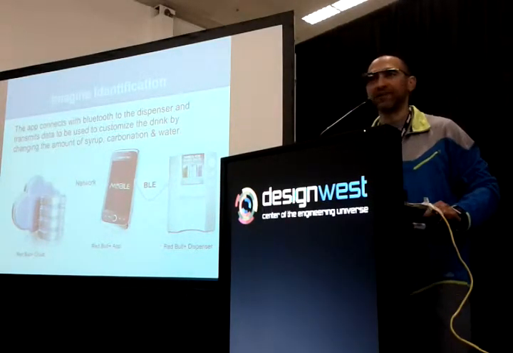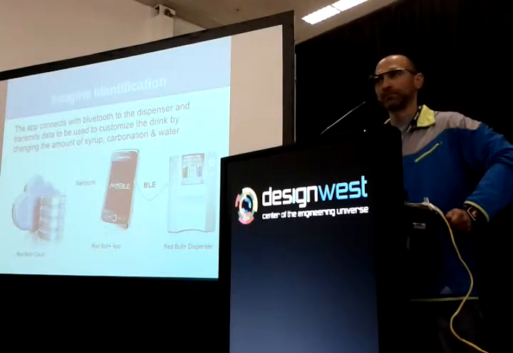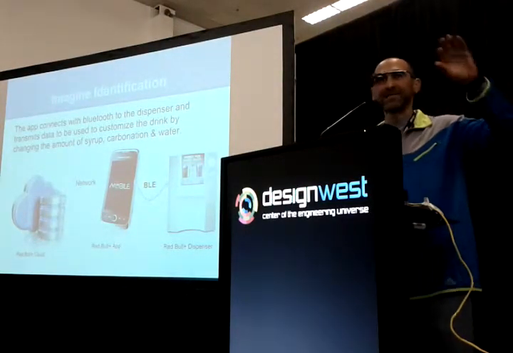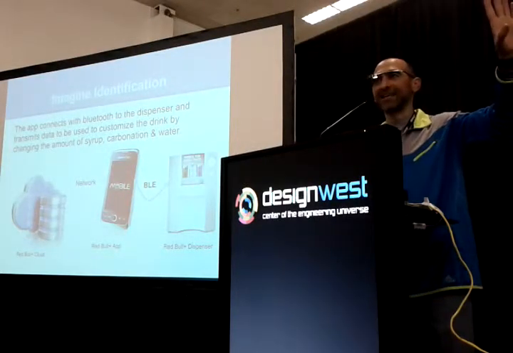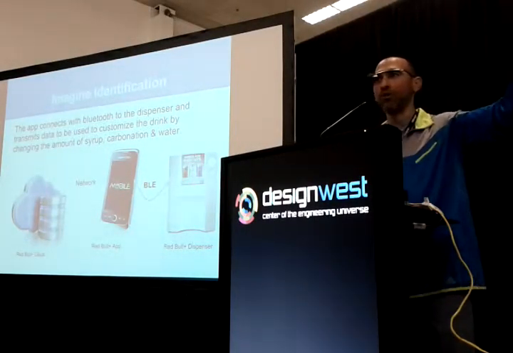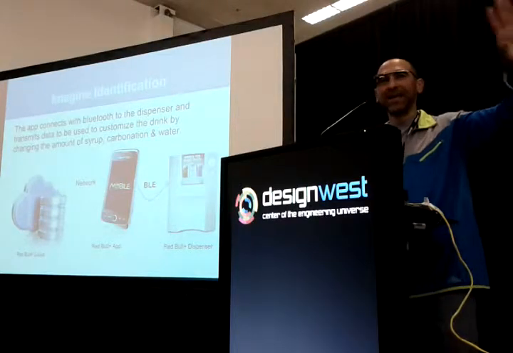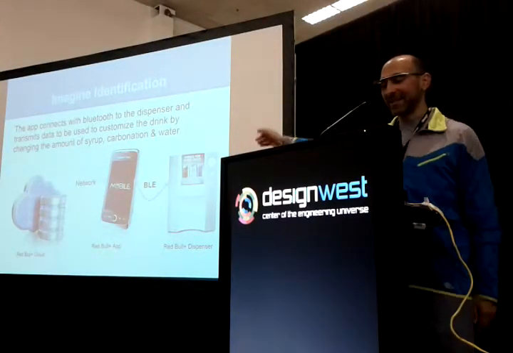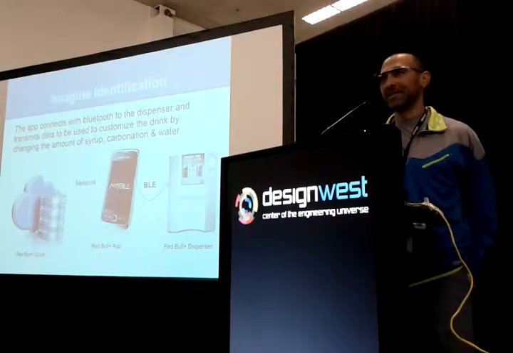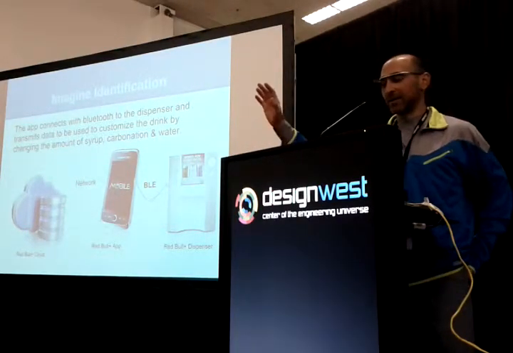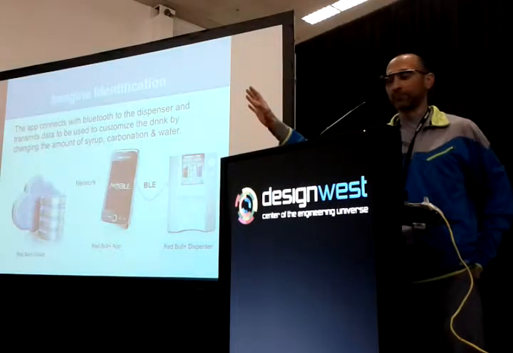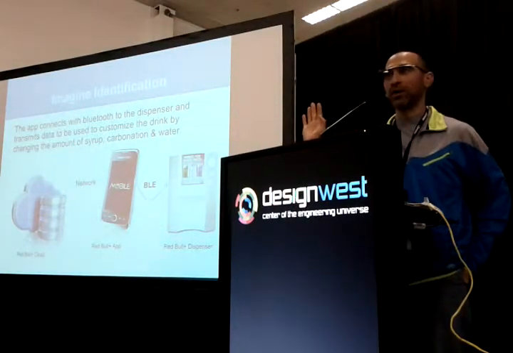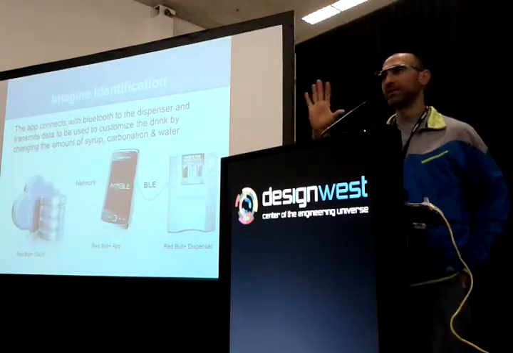There's this thing called Freestyle that Coca-Cola put out. This thing is amazing. It's got processors in it. It's got Wi-Fi access. It can talk to the home base and tell it when it needs syrup. And it can do all this stuff. Well, you know what? I can take a dumb piece of steel and put a little nozzle on it and have it talk to my cell phone